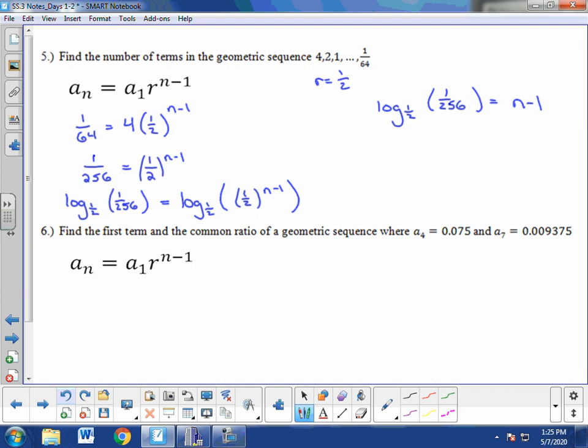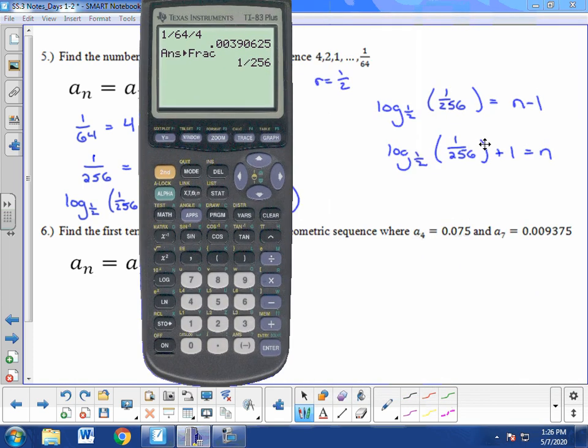If we need to solve for an exponent, we can use a logarithm that has the same base as the exponential expression. Now I have n minus 1 off by itself, so I can add 1 to both sides. What I get is log base 1/2 of 1 over 256 plus 1 equals n. This is something I can solve using the calculator. Maybe in this case you don't have to, and you could do this arithmetic-wise, but